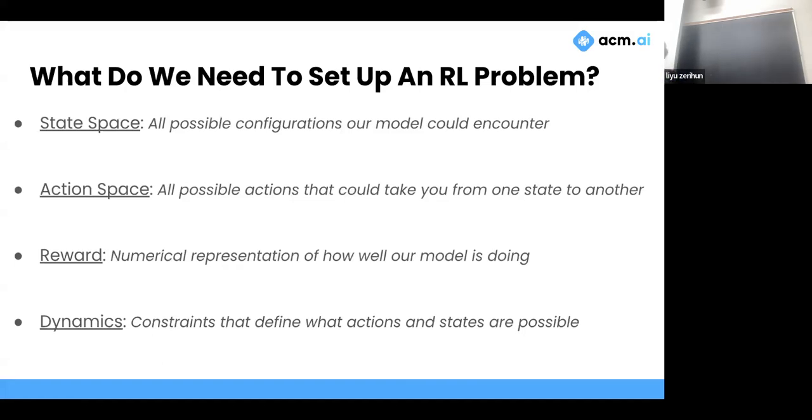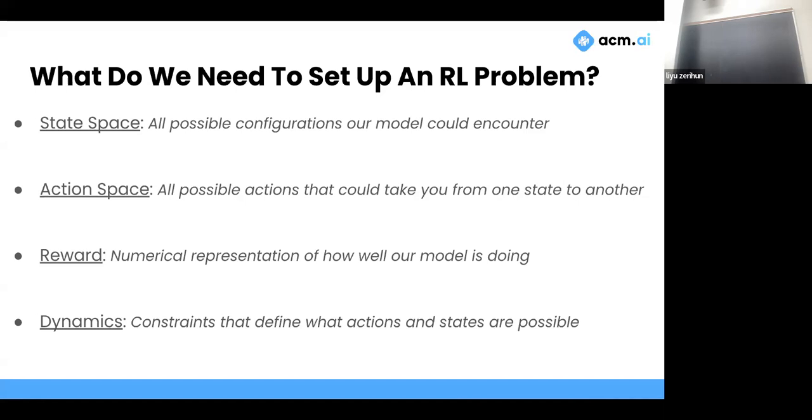So if I'm standing over here, for example, there are a few actions I can take. I can take a step in this direction, or I can take a step in this direction. And those would be, I guess, one state and two possible actions. But now imagine all possible states I could be in and all possible actions I could take in those states. Then next up, you've got your reward function. That tells you how desirable your current state is, how desirable your current model is.